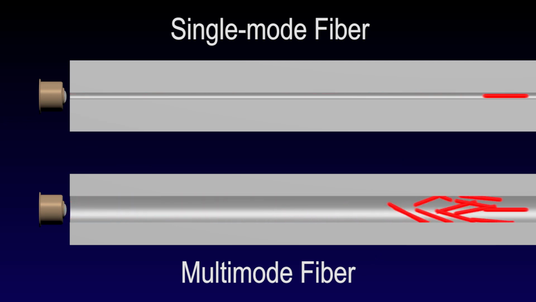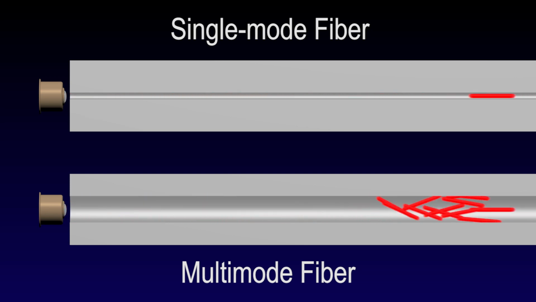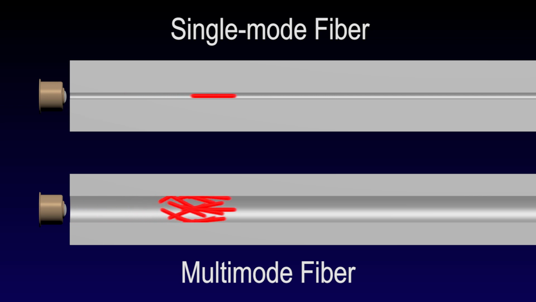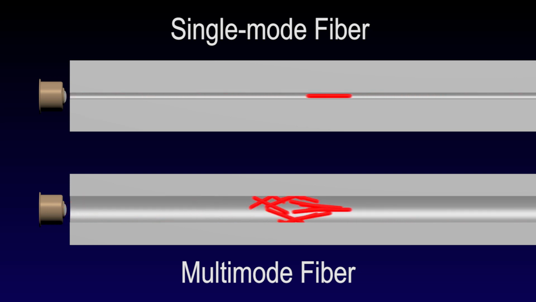Optical fibers are divided into two broad categories, multimode and single mode. The major physical difference between them is the diameter of the core. Single-mode fiber has a small core diameter compared to the overall fiber diameter. The small core size forces light to travel in a single pathway or mode down the axis of the fiber at a single wavelength. Multimode fiber has a much larger core diameter, allowing the optical signal to take a number